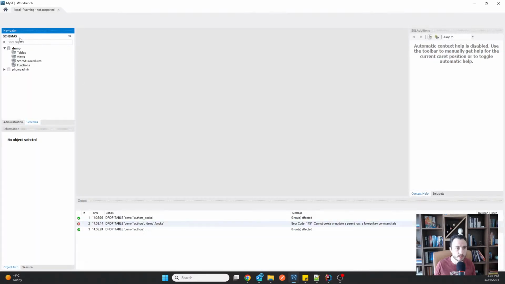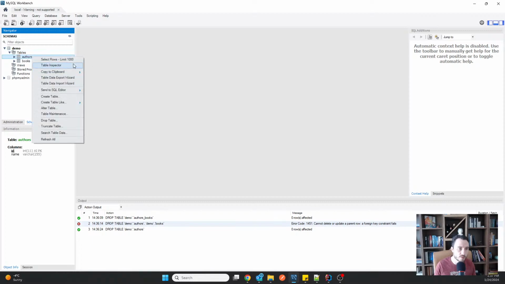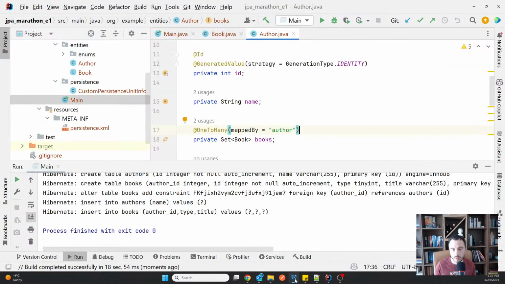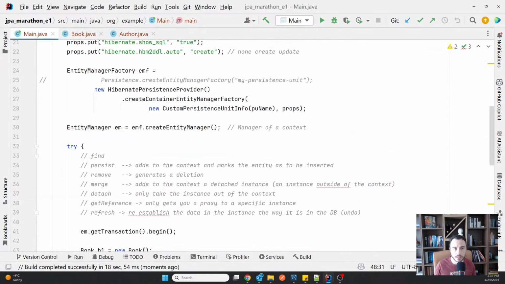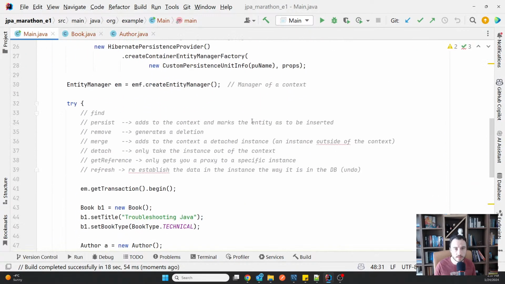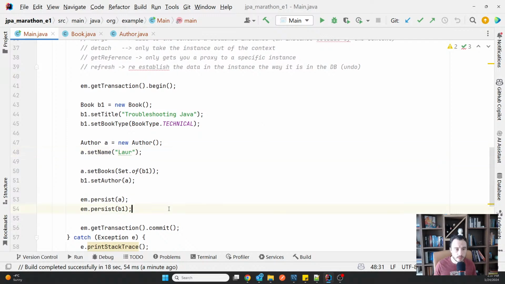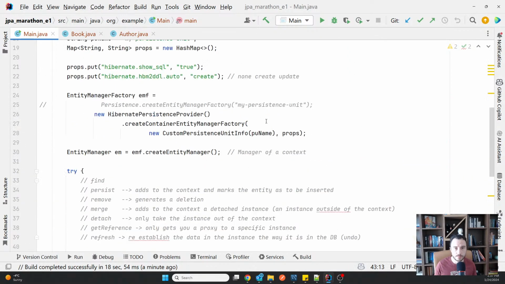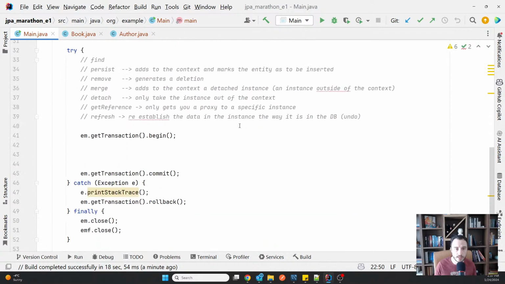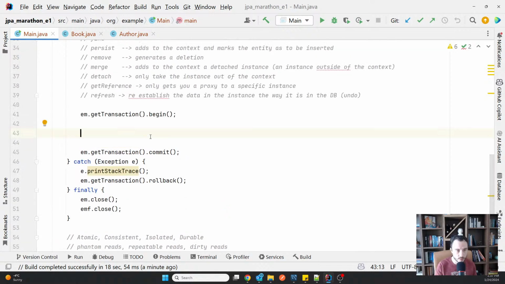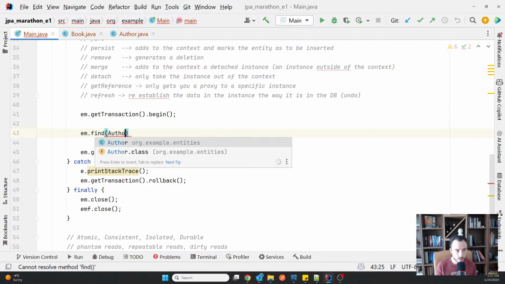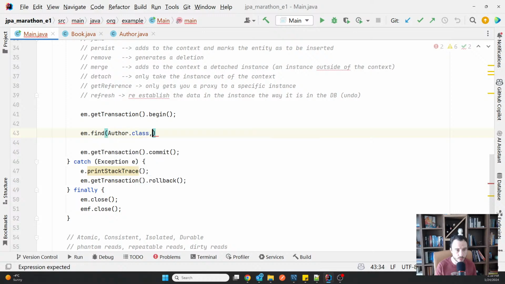Okay, let me see if now it looks better. Well, it does look better, of course. And now I'm going to delete this here. Make sure this doesn't recreate the tables by putting none here. And now I'm going to just try to find the author. The author has multiple books, no?